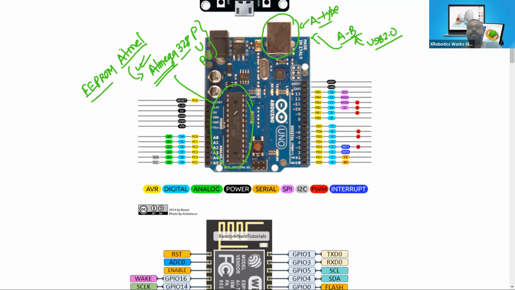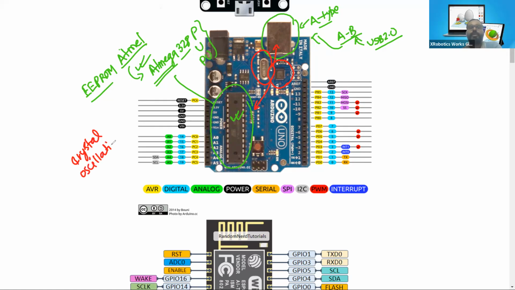Apart from this microcontroller, in between we have the bridge IC. The bridge IC is this one, which establishes communication between the microcontroller and the computer system. We need to have this IC in between. Just next to it we have a shiny metal component, known as the crystal oscillator. That is our crystal oscillator,